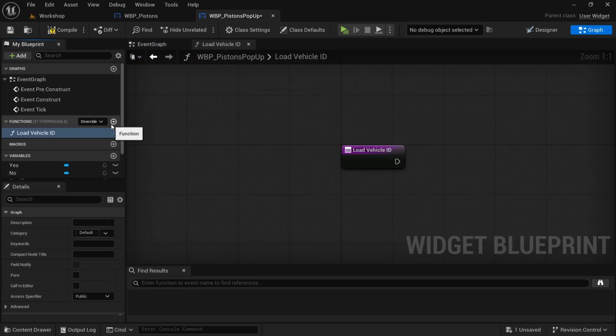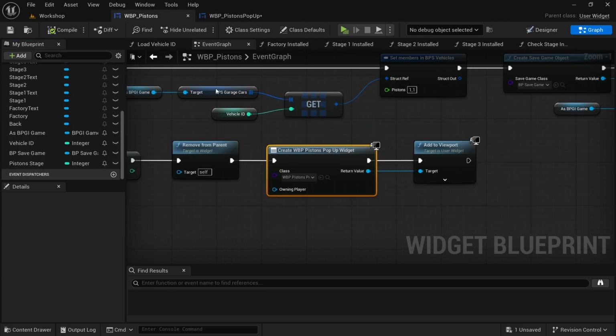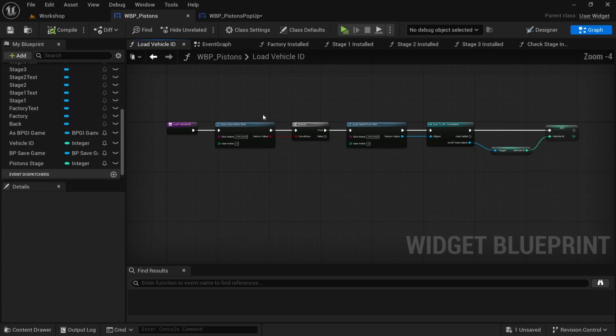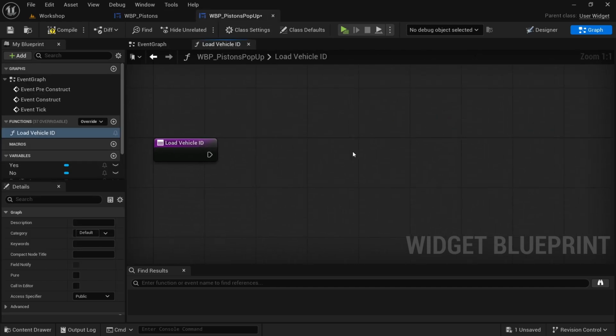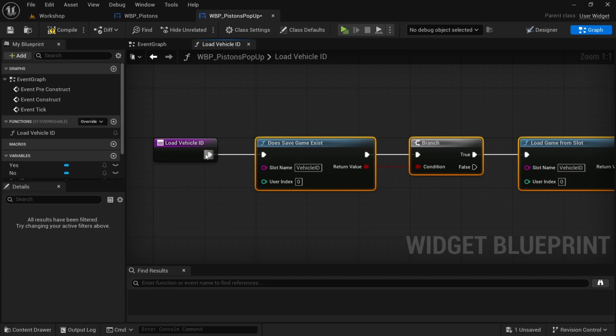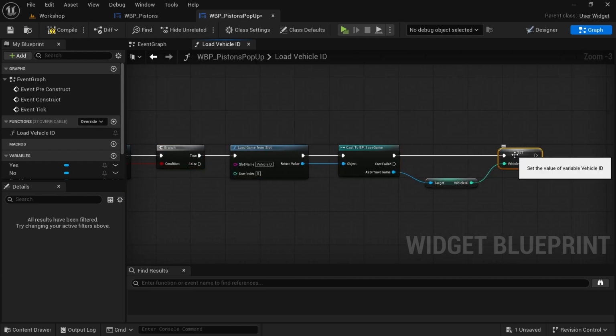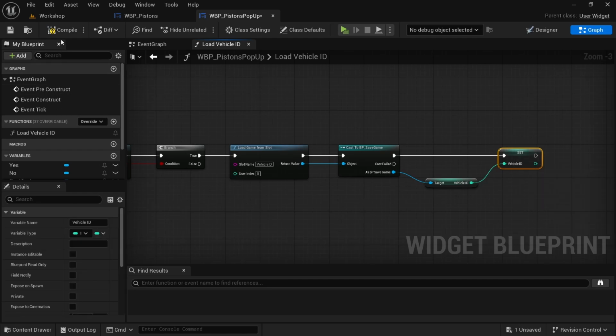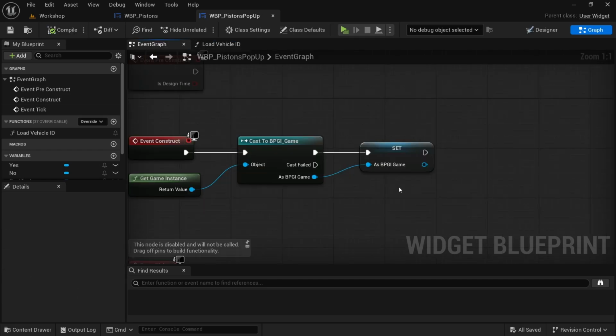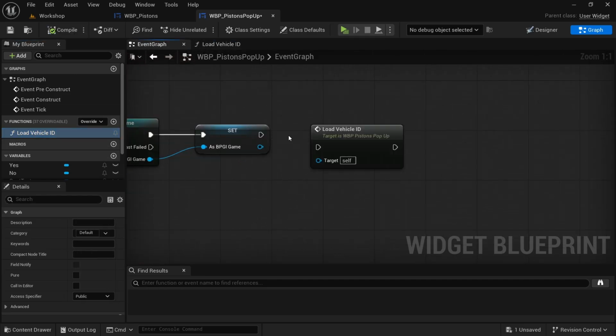vehicle ID, which we can just copy from the Pistons widget. So just find it, and then we're going to drag the entire code, Control C, then Control V, and then just connect that, and then select the set, which is not grayed out, and then create variable vehicle ID, and then compile, head back to the event graph, drag it in the load vehicle ID, and then we're going to